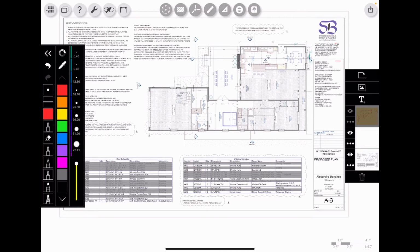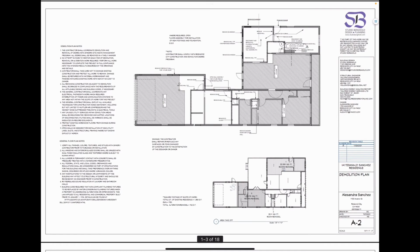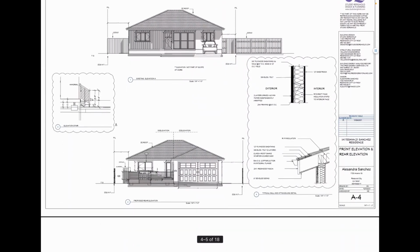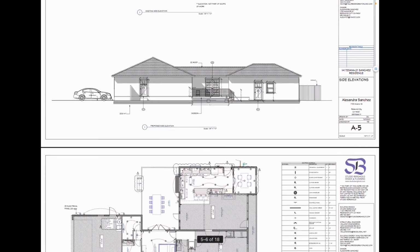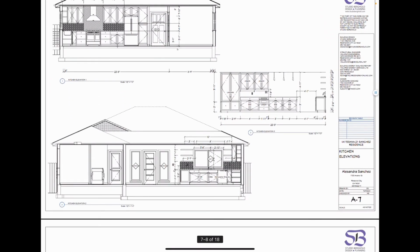You can see I have some revisions. So this is the final set. We have the existing site plan, the demolition plan where I explain everything we're gonna remove. We have the proposed layout, the elevations and details, since we're gonna modify some areas and roof lines, the electrical plan, the new electrical plan for all the proposed areas and altered areas, the sections, the kitchen sections, the kitchen design,